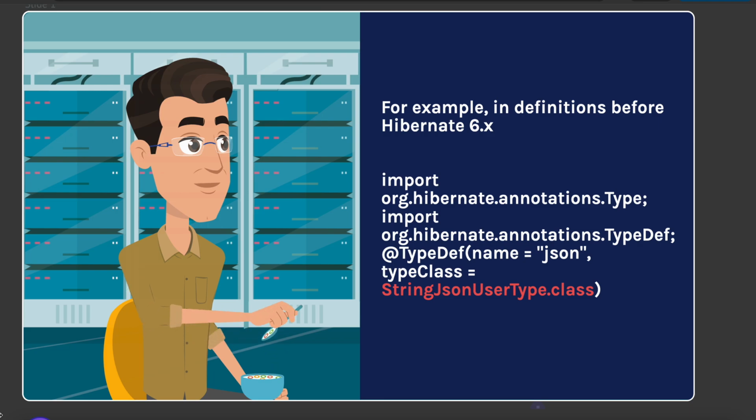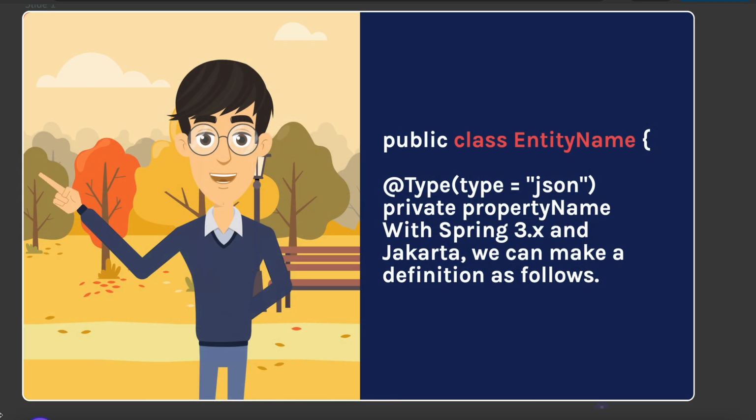For example, in definitions before Hibernate 6.x: import org.hibernate.annotations.Type, import org.hibernate.annotations.TypeDef. @TypeDef(name = "json", typeClass = StringJsonUserType.class). Public class Entity { @Type(type = "json") private Property name; }. With Spring 3.x and Jakarta, we can make a definition as follows: